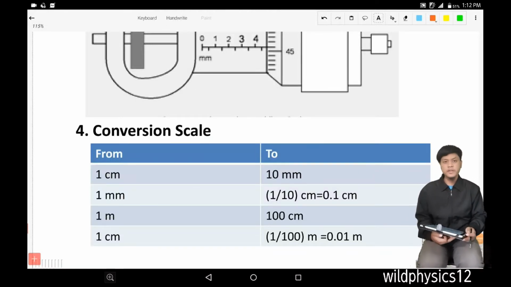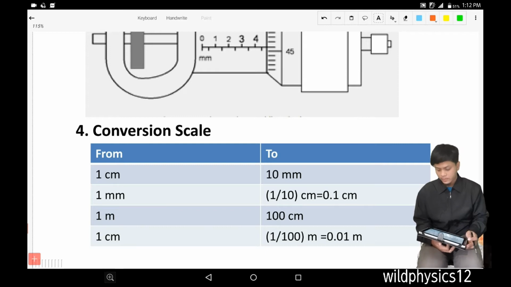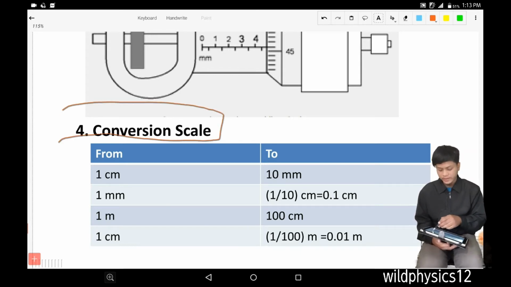Okay guys, today we are going to learn about the next lesson about general physics from IGCSE. Next, we are going to learn how to convert from one unit to another unit. And we have here a conversion scale table from and to. If we want to change 1 centimeter to millimeters, we just have to